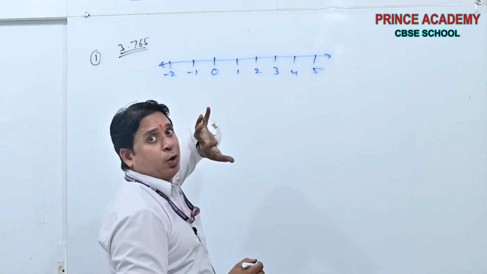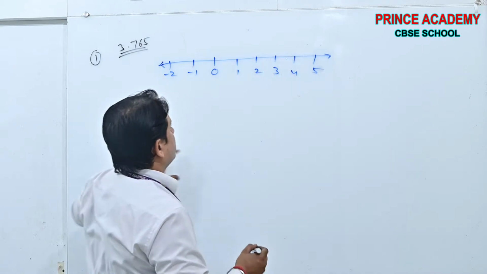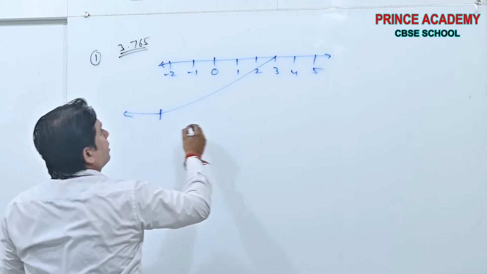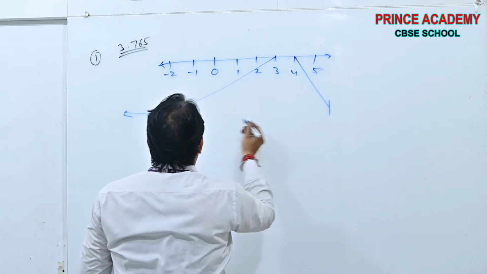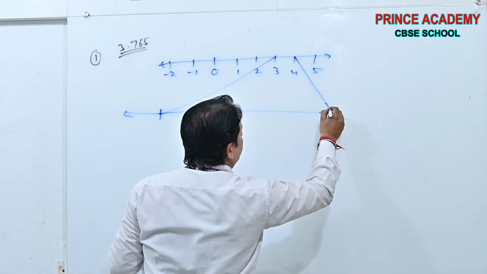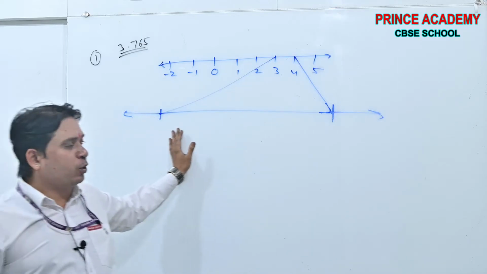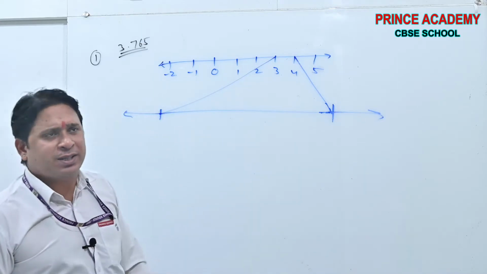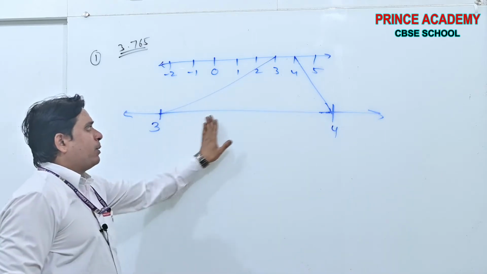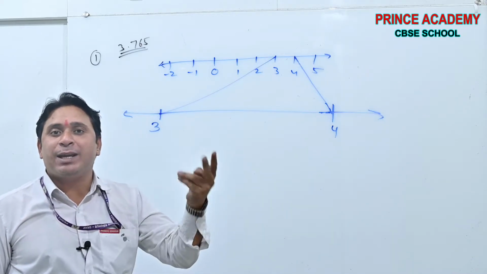Then you have to put your magnification glass over 3 and 4. This place. See now, see. This is for 3 and this is for 4. Beta, these lines are not straight by me because I am not using the scale, but you all will use the scale. So try to keep the lines straight. Lines are always straight. This is 3, this is 4. Now what was the next step? Divide 3 to 4, this gap, into 10 equal parts.